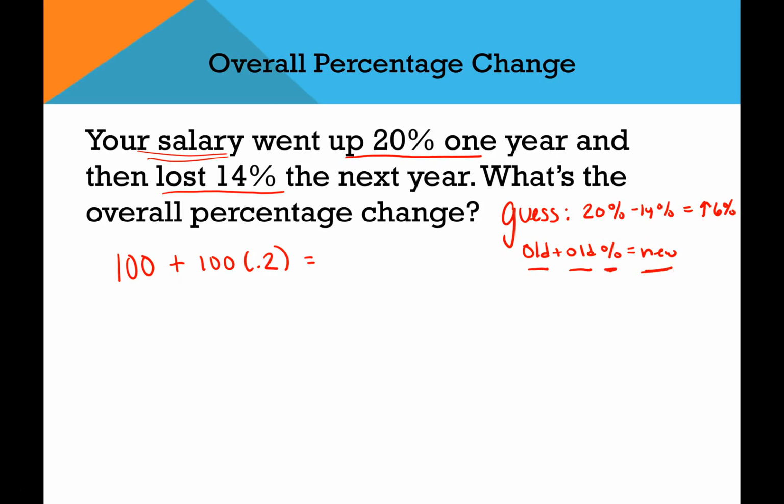Well, what is that going to be? That's going to be 100 times 0.2 is 20. So this is going to be 100 plus 20 gives me 120. And you probably could have reasoned that out yourself. But now, the next year, you're going to take your $120 salary, and now you're going to lose 14%. So I'm going to have a negative 0.14 here. So this is old value from the previous year plus the old value times the decrease of 14%. So I'm going to have to throw that in my calculator, and I get